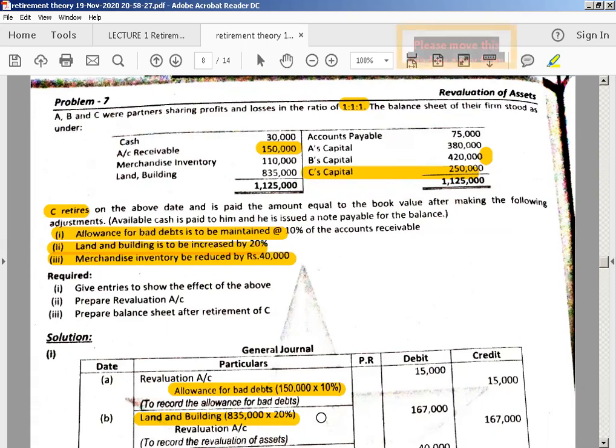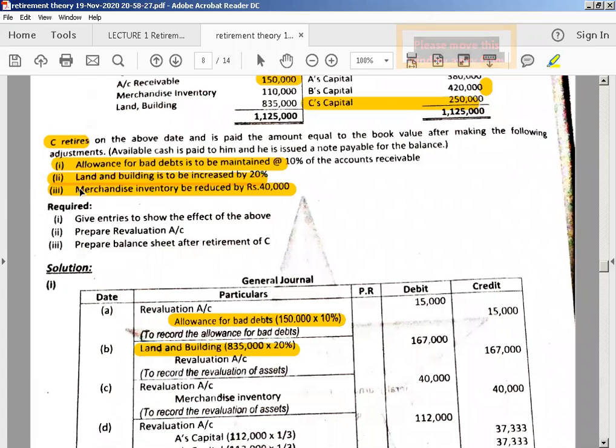It is shown over here, but you have to show again the working for land and building in your examination. This will be your working number 2. Okay, the working number 2 you have to write it down. Land and building is 835,000, and then you have to apply 20% on it, multiply by 20 divided by 100, and then you will get the value for the increase of land and building. Clear? Now the last entry,